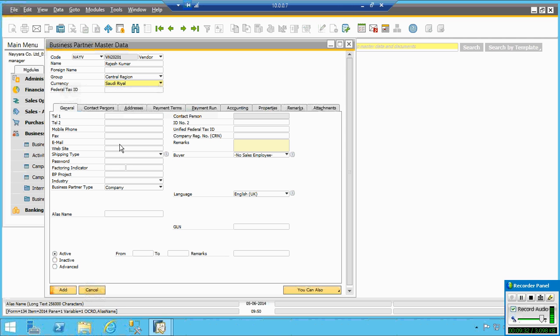Then, while creating, kindly give the number. We have a telephone number, kindly mention the telephone number, mobile number, your website, shipping. Shipping is nothing but the way the product will be sent, whether by email, transport, or other means; that is why we need every shipping.